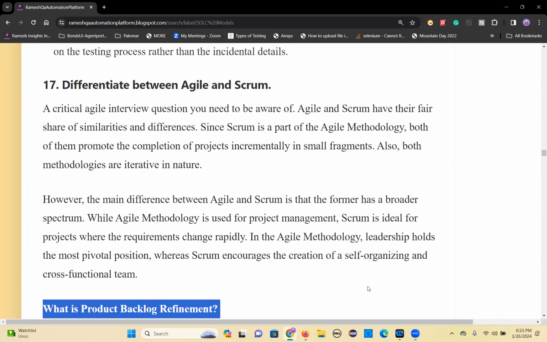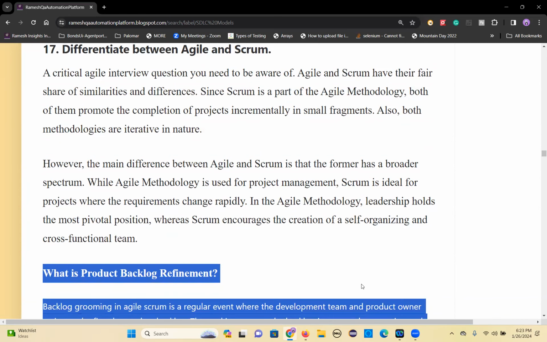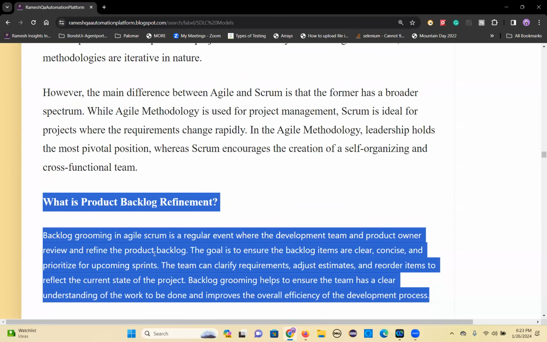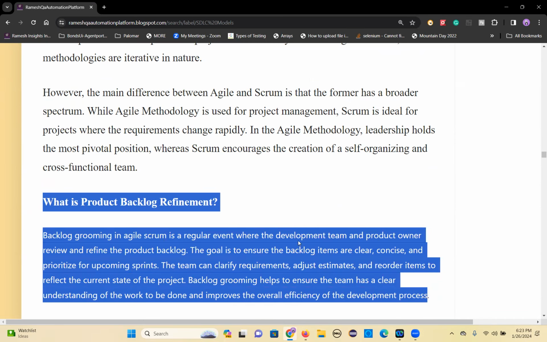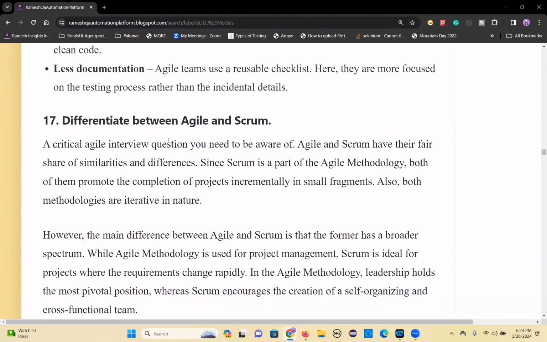Hmm? No. Pin drop silence. What happened? Is it clear, or any questions on this? Okay, clear. Let's move on to the next question. These are all interview questions. That's why I cannot give a guarantee which question they are going to ask you. That's why we faced all these questions and listed them out here. Okay.